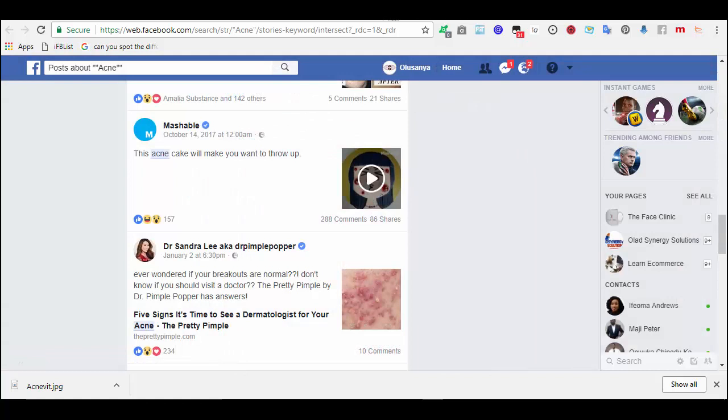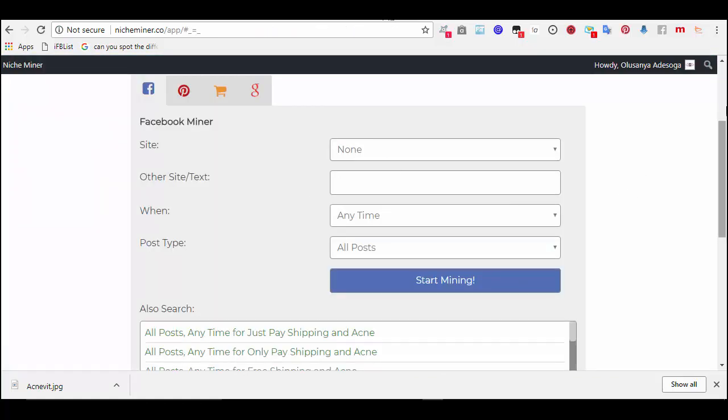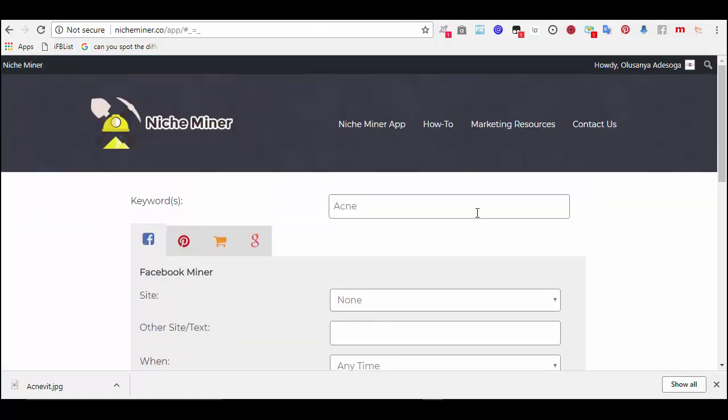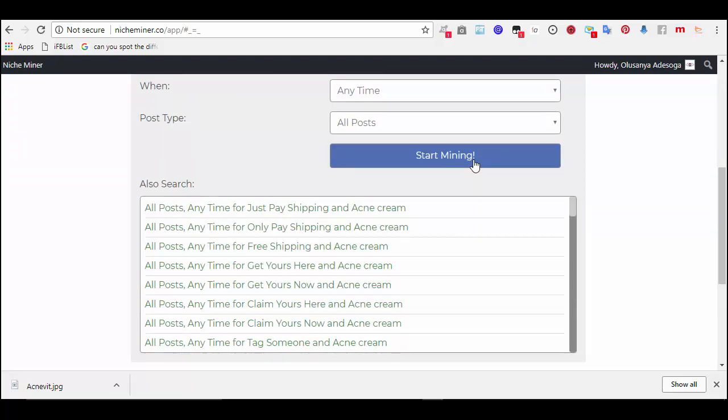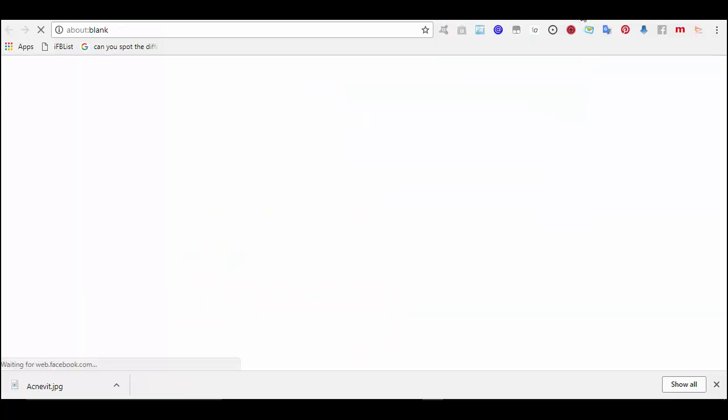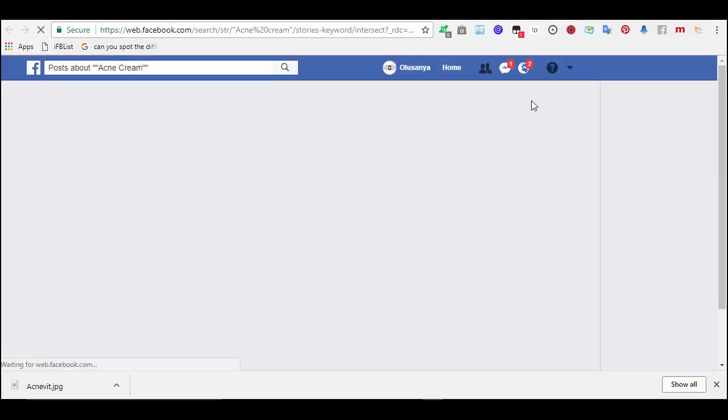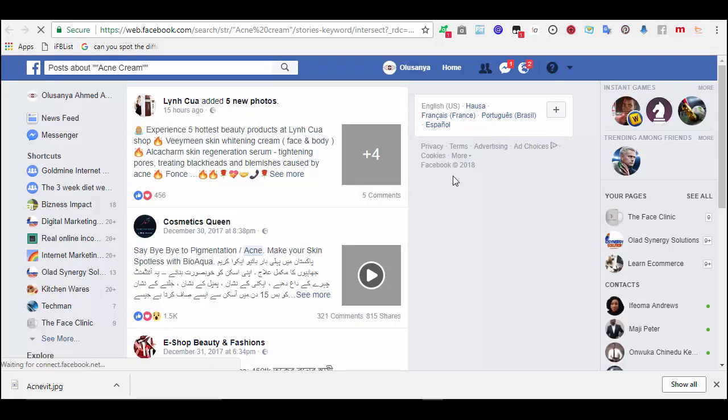So if I want to do my research where I can just advance my search, like say acne cream. So start mining. Let me close this. Okay, can you see?